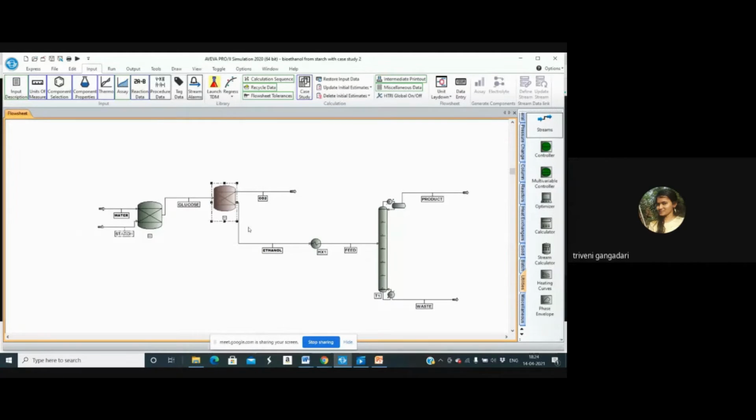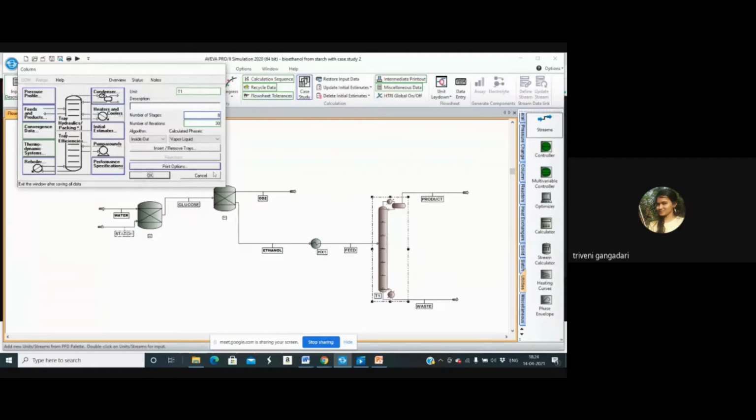Now, the ethanol produced is impure ethanol. This impure ethanol is fed to a heat exchanger to cool down the contents of the ethanol stream because fermentation is an exothermic process. And to purify this ethanol, it is fed to a distillation column as feed. The number of trays given to the distillation column is 8.